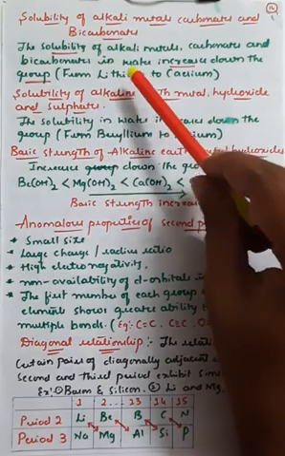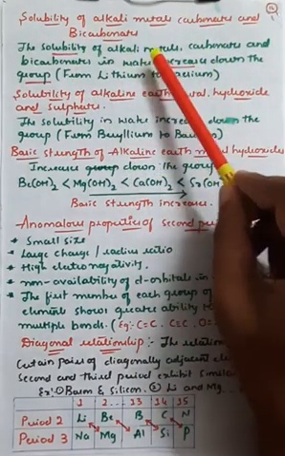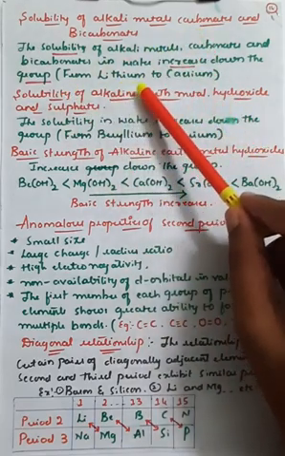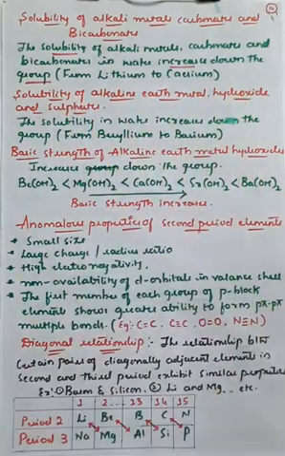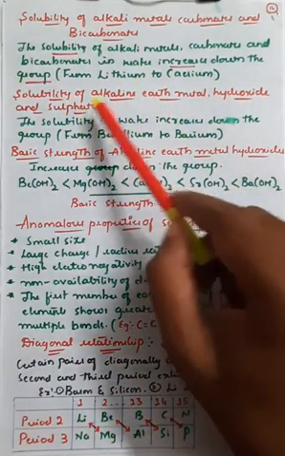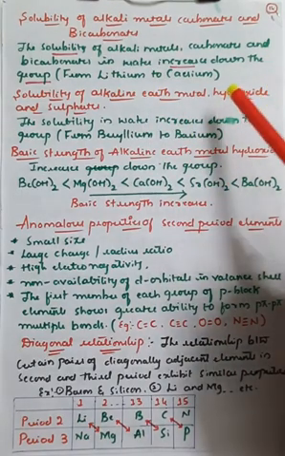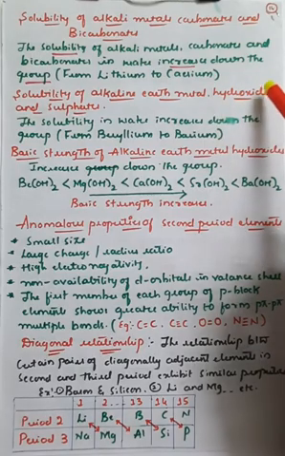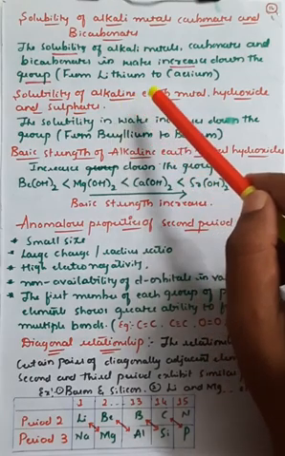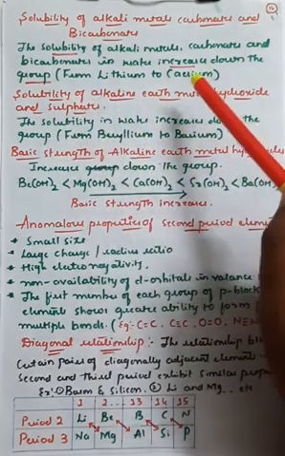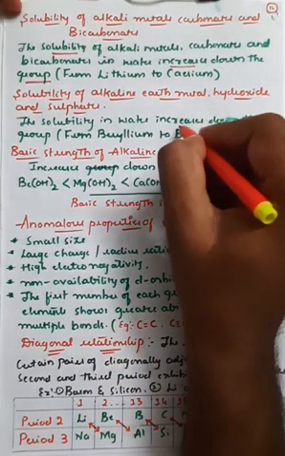So therefore, the solubility of alkali metal carbonates and bicarbonates in water increases down the group, from lithium to cesium. And the solubility of alkaline earth metal hydroxides and sulfates, the second group of elements, also increases down the group. Hydroxide means it has reacted with a water molecule, which has the hydroxyl group. And whenever it reacts with sulfur dioxide, it converts into sulfates. So the solubility in water increases down the group, right?